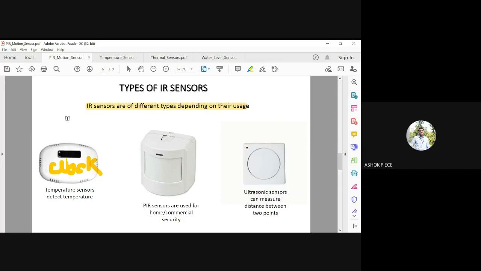So these temperature sensors are used for detecting temperature. PIR sensors are commercially available for home security. Wherever you go, you can see this device either fixed to the wall or fixed near the gate. Ultrasonic sensors can measure distance at two points. Yes, so these are types of PIR sensors. Even the ultrasonic sensor uses sound waves, but the main application of all these things is going to be the